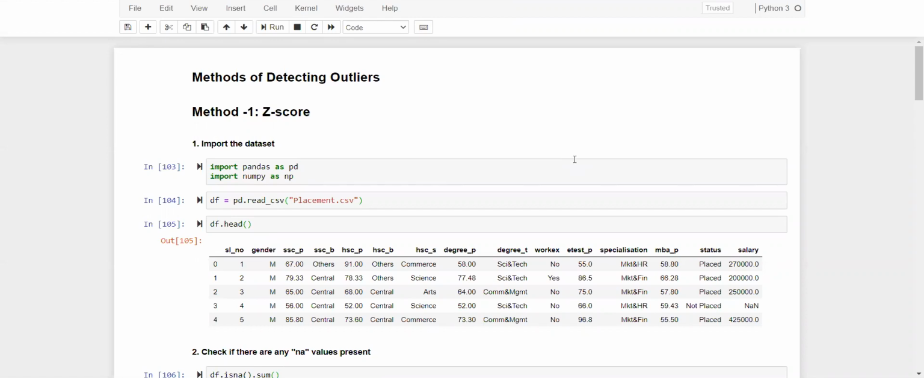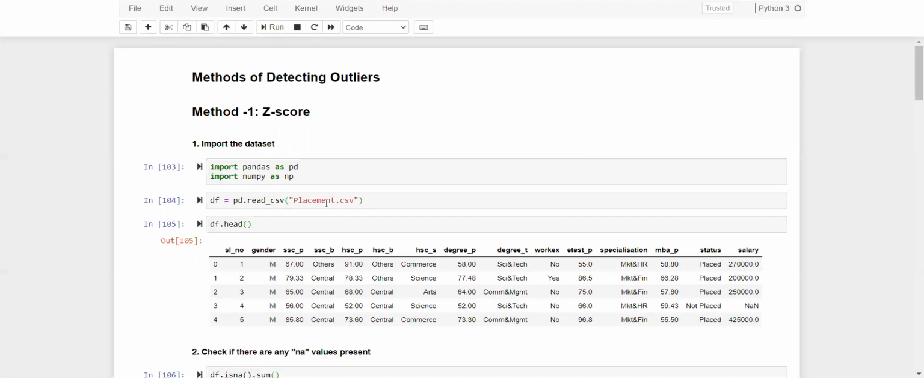We'll be discussing two methods here. One is using Z-score and the second one using quantiles. So the first method here we'll be using Z-score. Let's first import the pandas and numpy packages, and then I have used the placement data set,